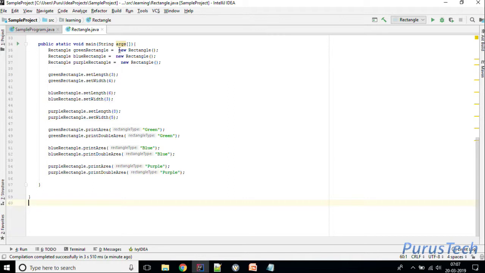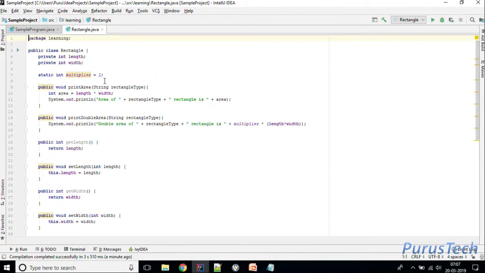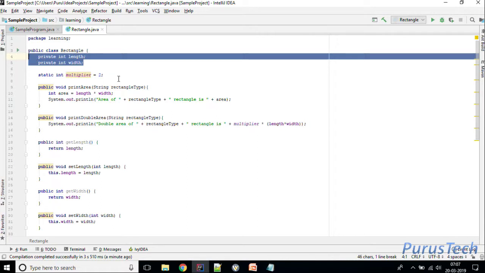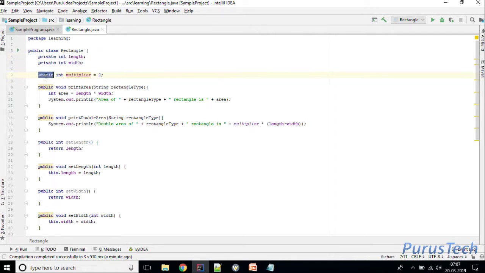Here we are creating an object of the class using the new operator, and here I am setting the values for the length and width, which are nothing but your instance variables. And static int multiplier is a static variable which is common for all the Rectangle objects, which I can use in multiple rectangles. Okay, in the next session we are going to cover the constructor of a class,